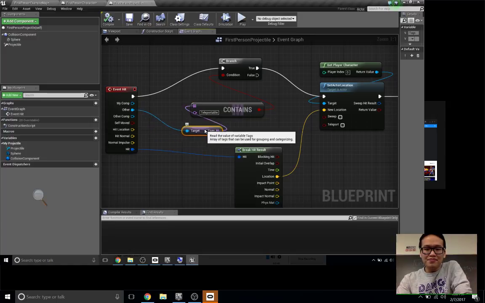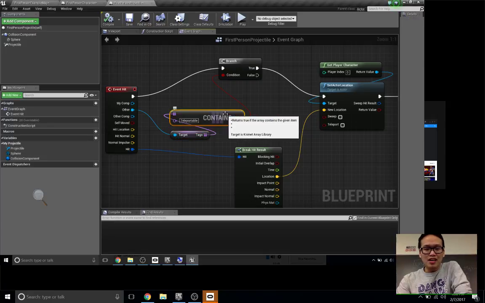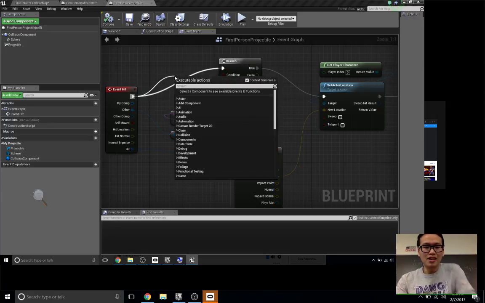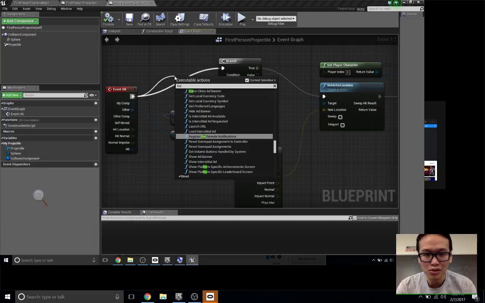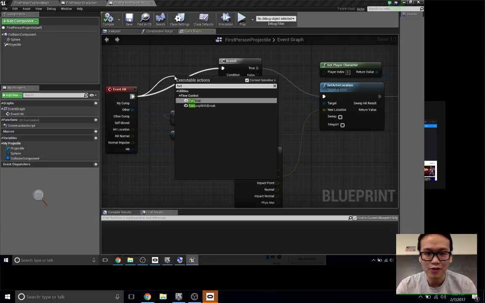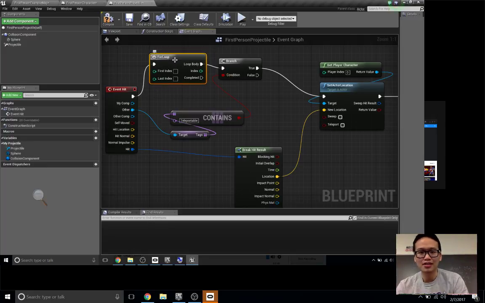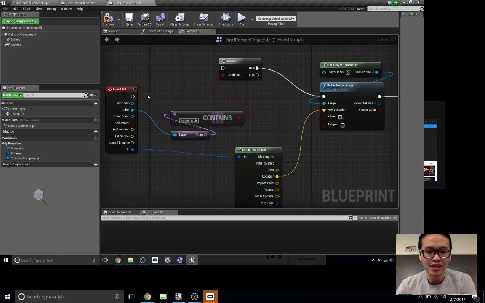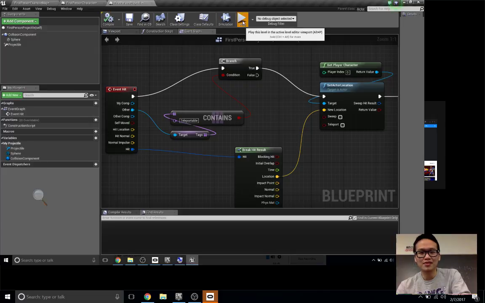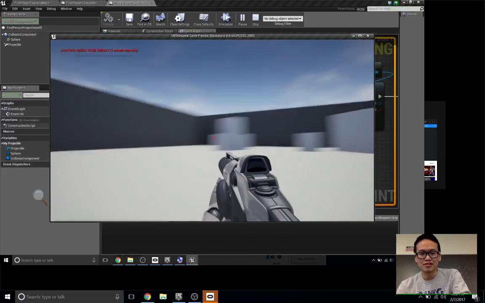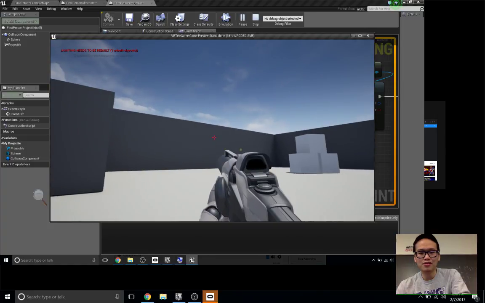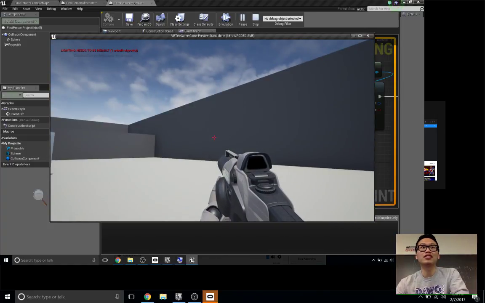Up to you. So this is one way to do it. The other way to do it is Unreal also has something called a for loop, so you can loop through it and stuff like that. But I think the contains is more efficient in this case, just cleaner. So if it contains teleportable, if it's true, we're gonna set actor location. So let's see if this works. You see now I only teleport whenever the thing bounces on the ground.